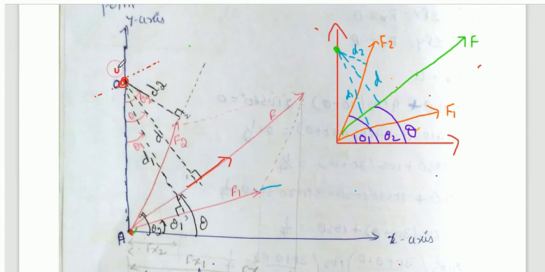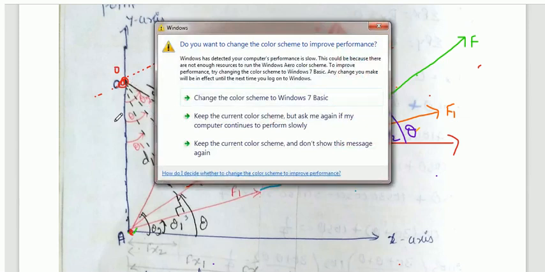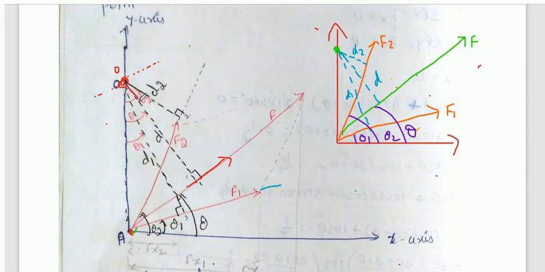About point O, what is the perpendicular distance here? F into D. Clear? Force into perpendicular distance. We are taking the moment about this point. F is the force, and the perpendicular distance is between F and the axis, or the point where we need to find the moment. Force into perpendicular distance, that is F into D. Is it clear why it is F into D? Are you following or not?